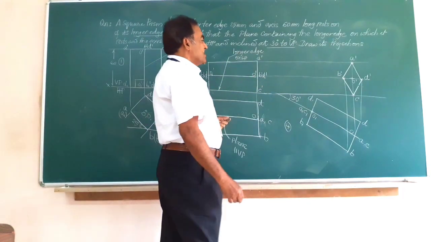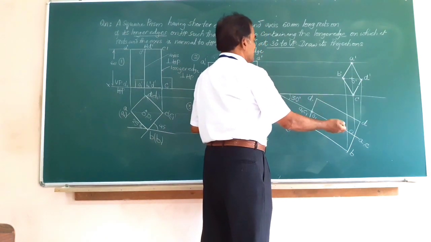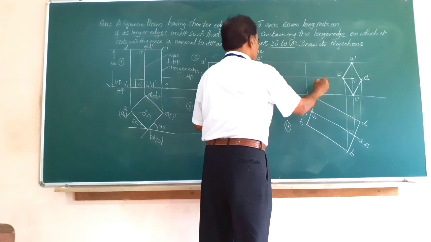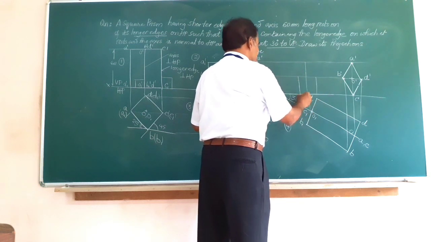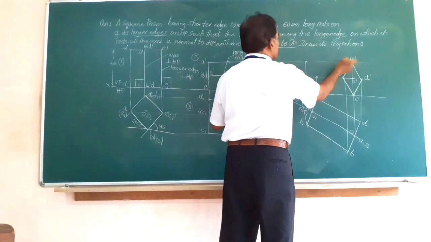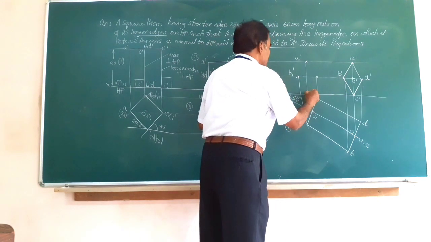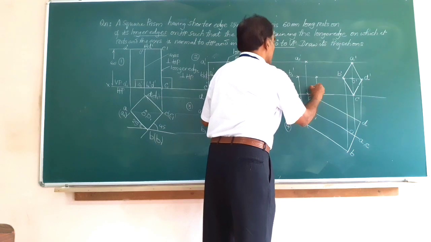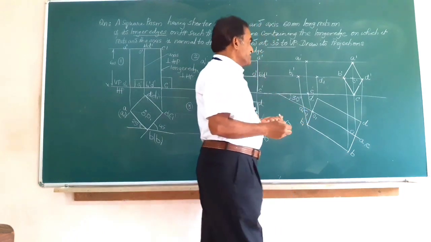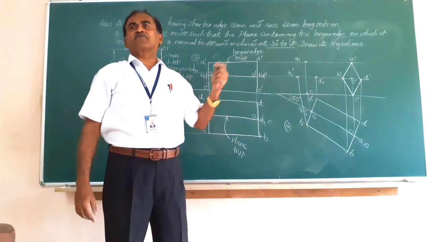Now, on the same lines, I should get the four corners of the bottom face, namely A1 dash, B1 dash, etc. Follow the same procedure, and you will have an identical figure. Follow the same procedure, you will have another 4 points. Let me mark them. This is A dash, A1 dash, B dash. This point is going to be B1 dash. Then C dash is here, C1 dash. This is B1 dash. So here, friends, the figure you are going to get for the bottom face is exactly similar to that you get for the top face.